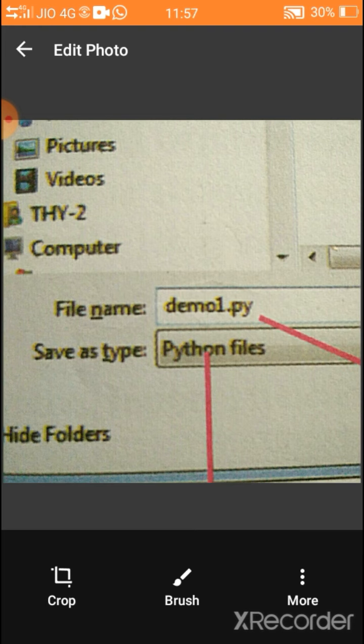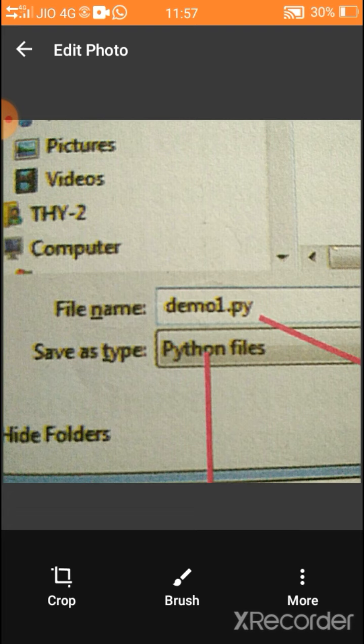We can give any name to our program. Demo1 is the name for this program. So .py is the extension that helps to store the program as a Python file. After saving this program, we have to run it to get the output. Is it clear?